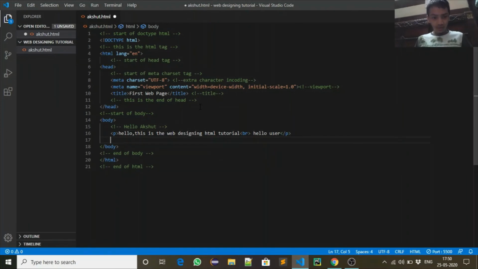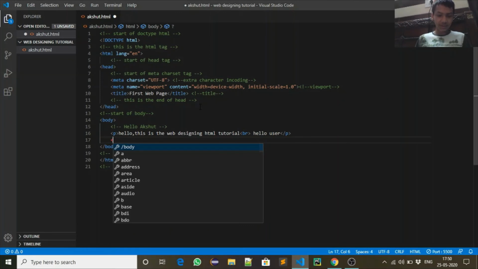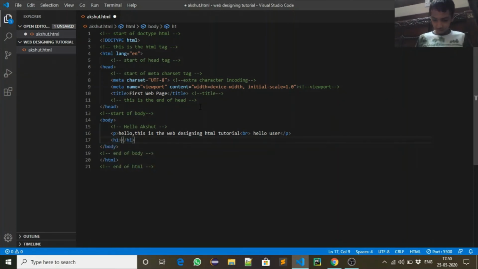So now I will tell you heading tags. You must be getting it by the name, heading tag. They are of 6 types: H1 to H6. So with these you can define many types of headings.